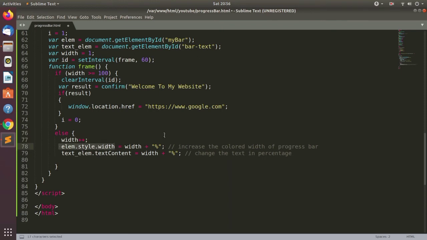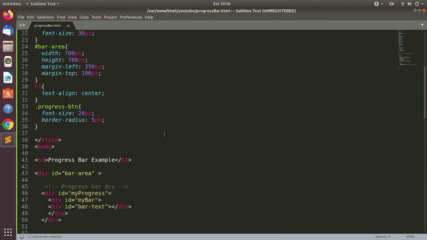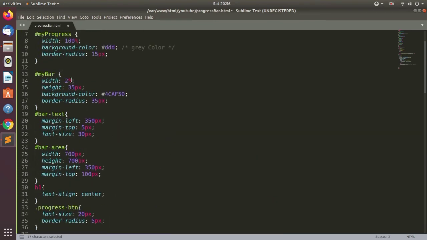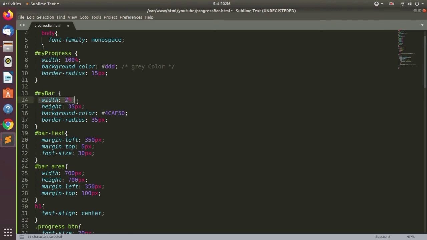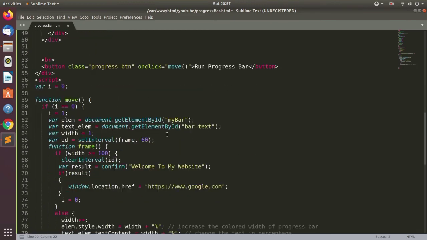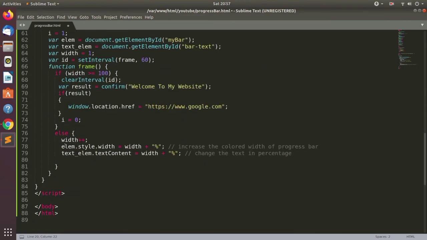Okay, so this is width, the initial width is 2%, and the width is initially progressing with a green color. So in the else part, where the width is less than 100, in this case width increases by 1.